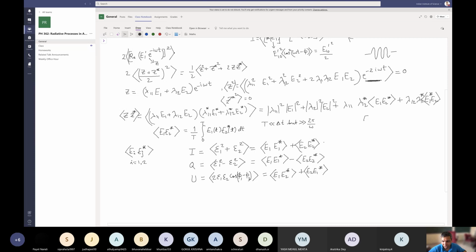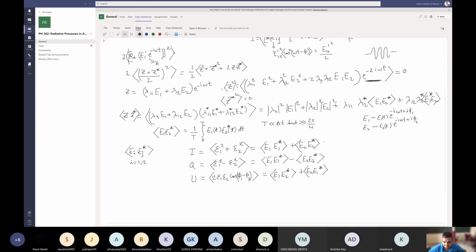So basically E1 is some slowly varying amplitude, e to the minus i omega t plus i phi1, and E2 is some slowly varying amplitude, e to the minus i omega t plus i phi2. Right, so you can actually see that